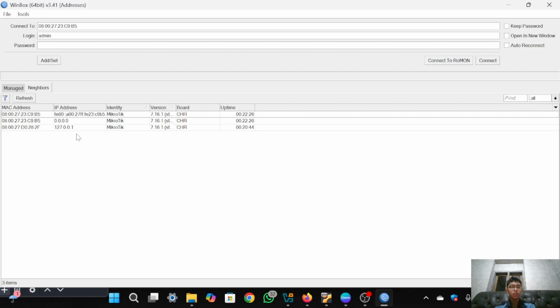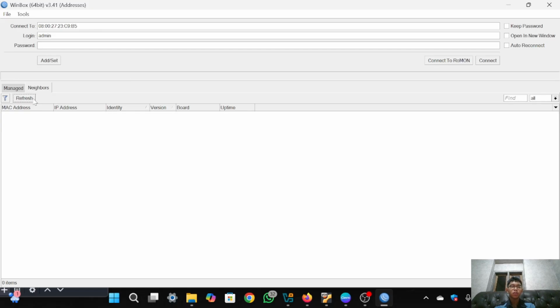The IP address is the IP which is in your MikroTik router. The identity is the name of your MikroTik. Version is the version of your MikroTik. Board is what your MikroTik is based on. And the uptime is how long your MikroTik has been turned on.